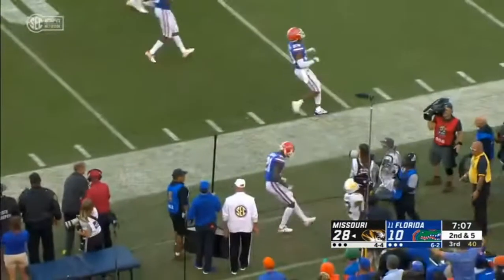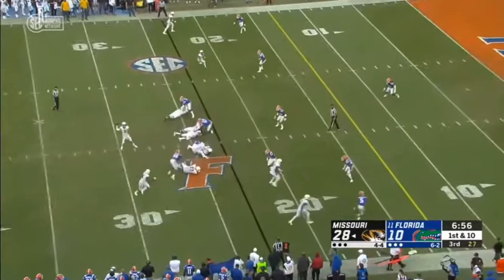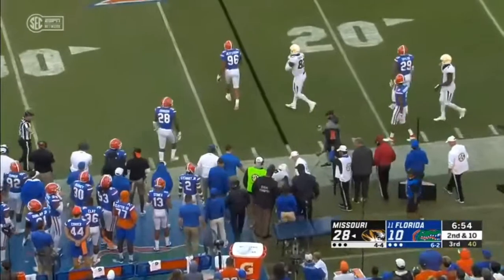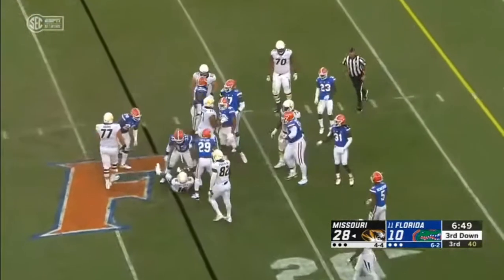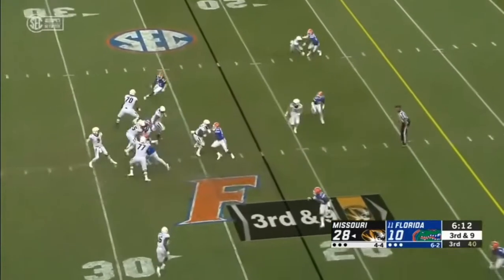Now that I'm thinking about it, he has the ability in run support, has a little bit of blitz acceleration, disguise blitz ability. Teach some of these corners some pass rushing moves, and man,